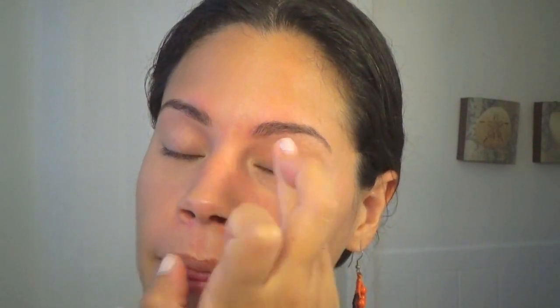So this does a really nice job of canceling out the blues and the purples underneath my eyes. I have very bad dark circles. It's hereditary. It's not because of lack of sleep. I do get enough sleep. It's just good old genes. Okay. So now while I let that sit,